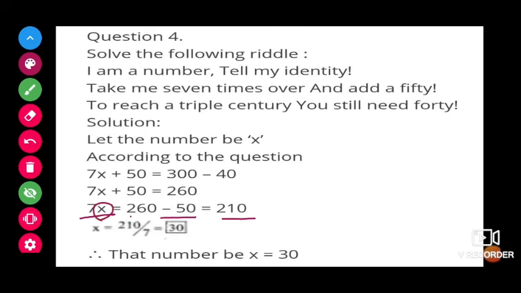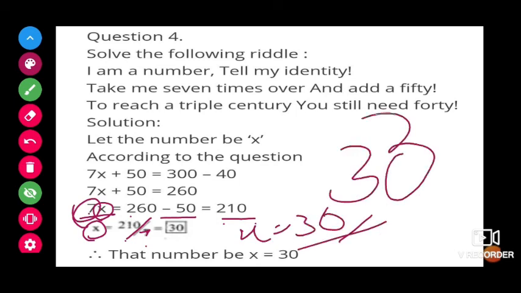Now I want the value of x. So x is equal to 210, here multiplication 7, if it will go that side, division 7. So 210 divided by 7. 7 thirties are 210. So x is equal to 30 is the answer. What was the number? It's the number 30. That's it. Very interesting, no? Try to form your own type of riddles like this, like games, something you try to form from your side, and if you form any interesting thing, send in WhatsApp, I will see. Okay.